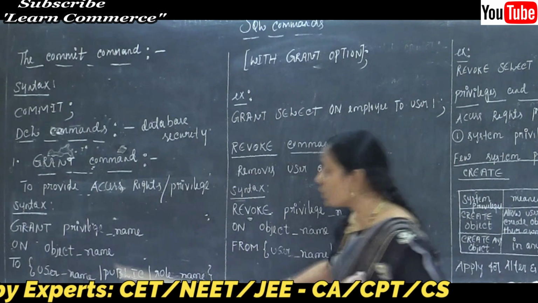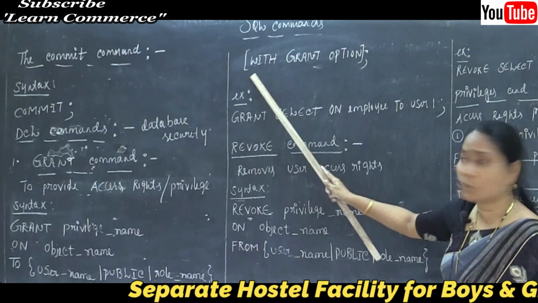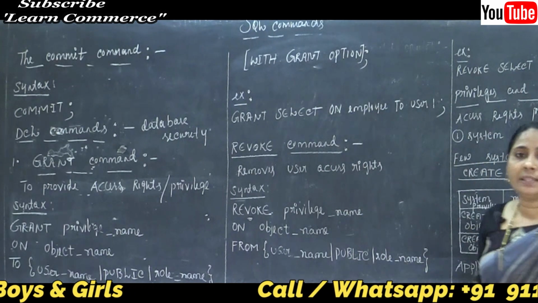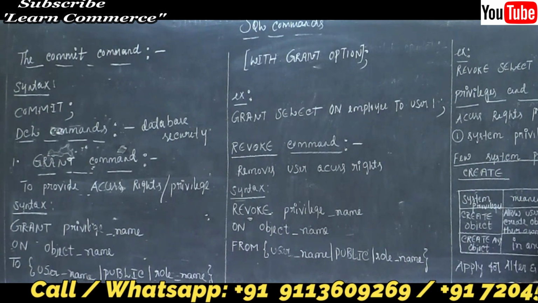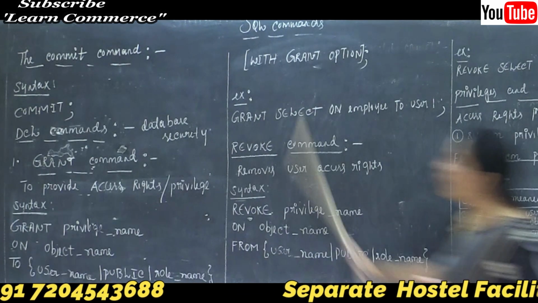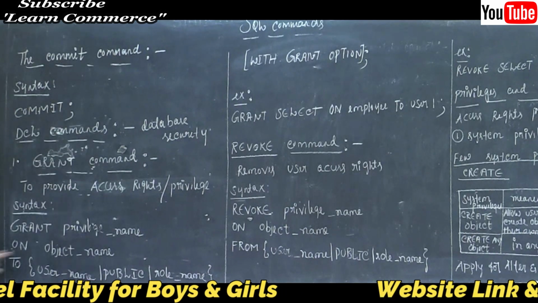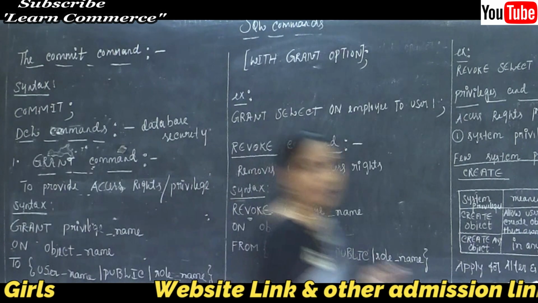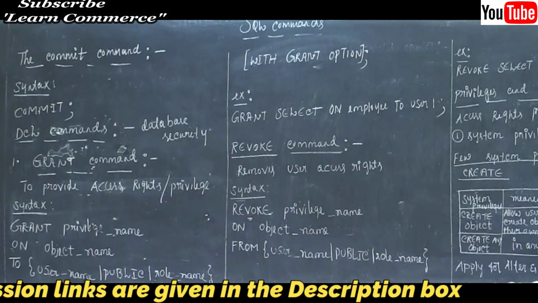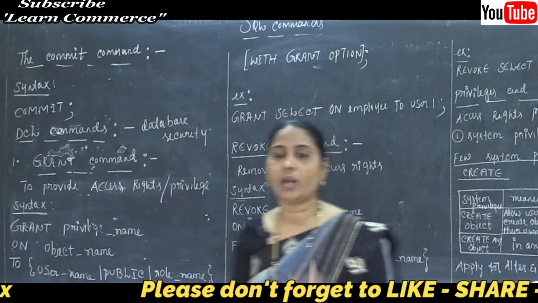And also after that, one more thing: by using the square bracket we need to write WITH GRANT OPTION, and this option also comes in the optional cases. Now I am going to explain one by one the meaning of all those words. First of all, the grant: we know the meaning of grant, it gives permission to the user to perform some task, so that is called the grant.